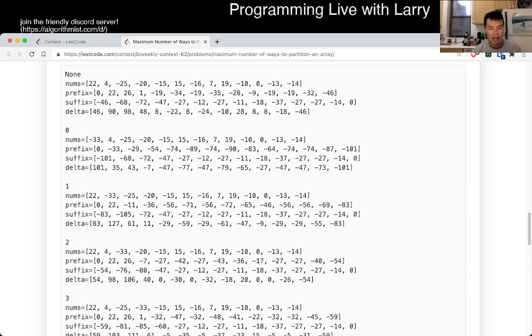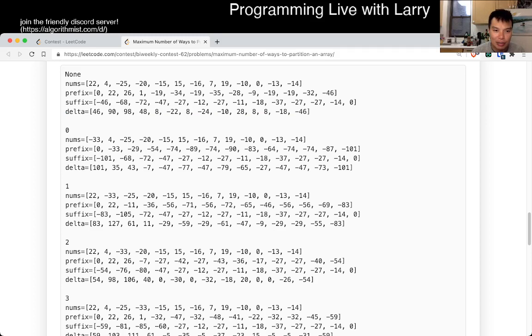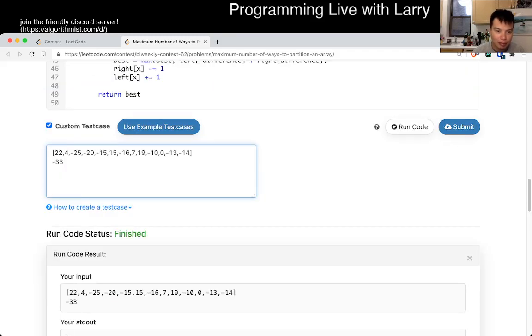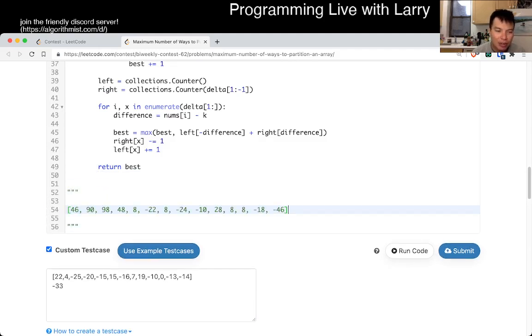And then the question is, how do you use this information, right? Well, the way that I did it is that I look at this delta array, and then I just split it into two pieces, right? So in this case, for example, this is my delta array. If I change the first element, then I have basically this thing,